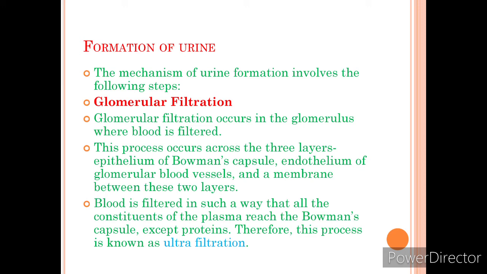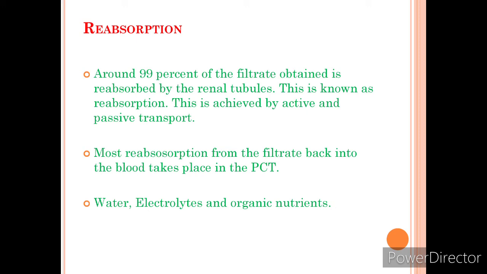One important thing, what is the GFR? What is the glomerular filtration rate? The glomerular filtration rate is the volume of filtrate formed by both kidneys in each minute. This is called GFR, glomerular filtration rate. In the healthy adult, the GFR is about 125 ml per minute, that is 180 liters of filtrate formed each day by the two kidneys. Nearly all the filtrate is later reabsorbed from the kidney tubule, with less than 1%, that is 1 to 1.5 liters, excreted as urine.